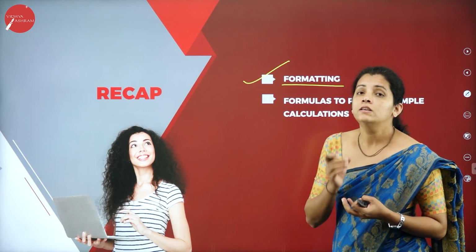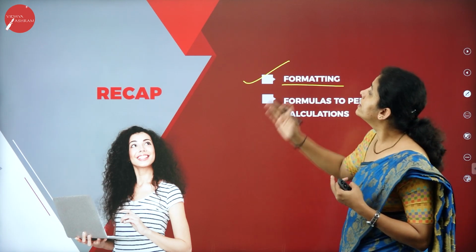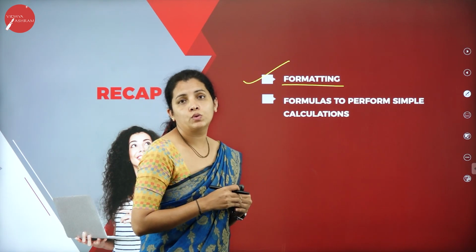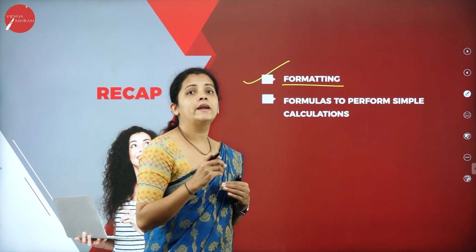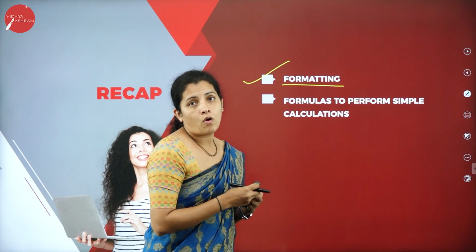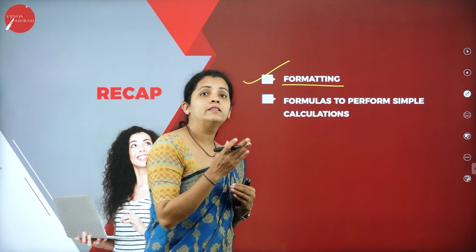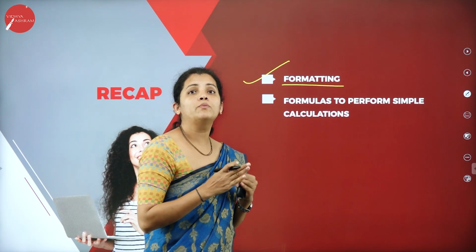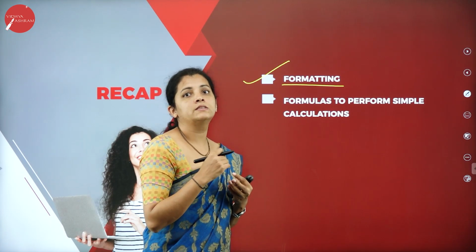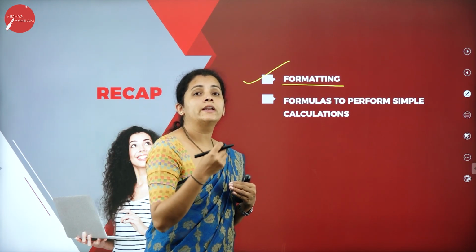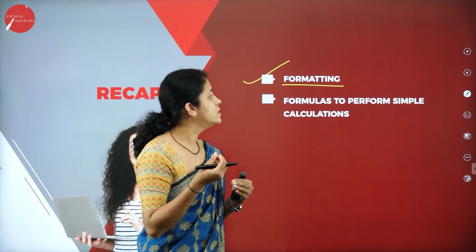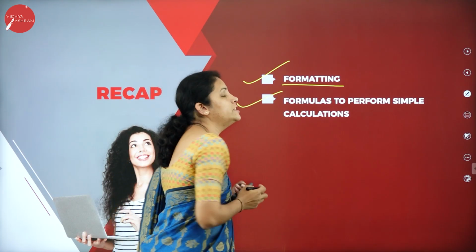Then we learned some of the formulas. That means in Excel we can use predefined formulas. At the same time, we can write our own formula, and we had a discussion regarding how to calculate the sum of three numbers and how to find the average of three numbers. Along with that, we discussed how to subtract two numbers, and how to create the mark sheet for the student. These are some of the problems we learned in my last session.